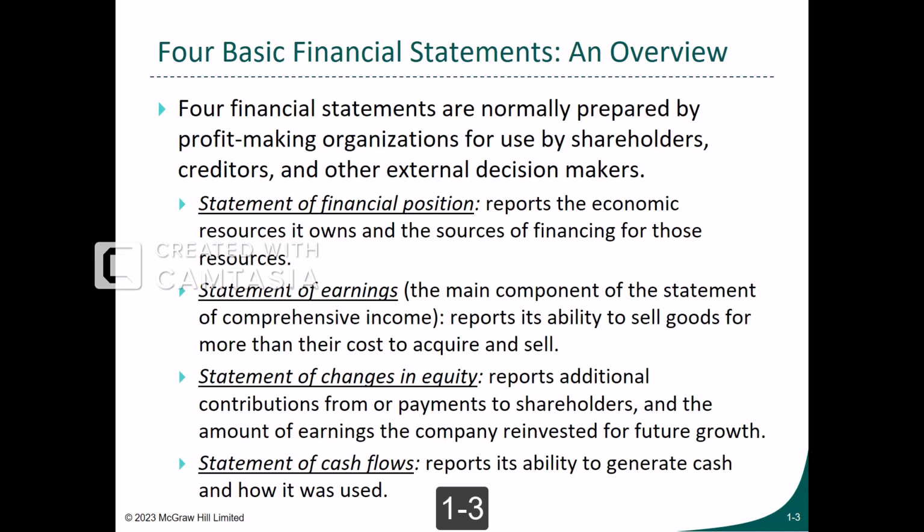We show performance after a period of time. That period of time could be 1 year, 1 month, or 6 months, depending on the periodicity of the financial statement. The statement of earning will show the list of revenues and expenses during a period of time.